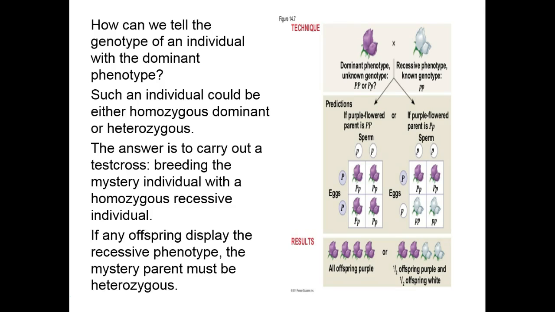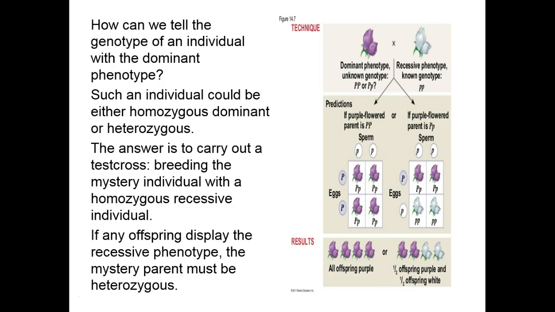And so if we cross that with somebody that we don't know what it is, you actually will find out, whether in terms of flower color, because with that homozygous recessive, the only thing that can be in the gamete is a little r. So the only thing that can come from, say, that female is a recessive allele for that particular characteristic. And so we can then figure out, based on what the